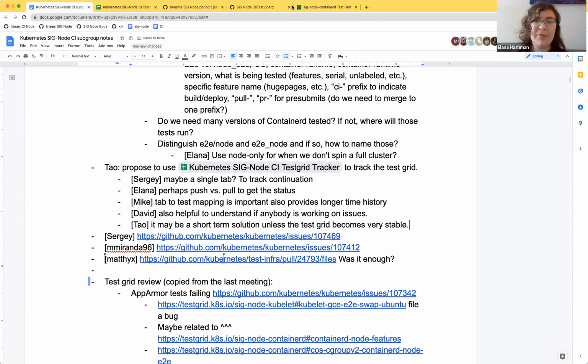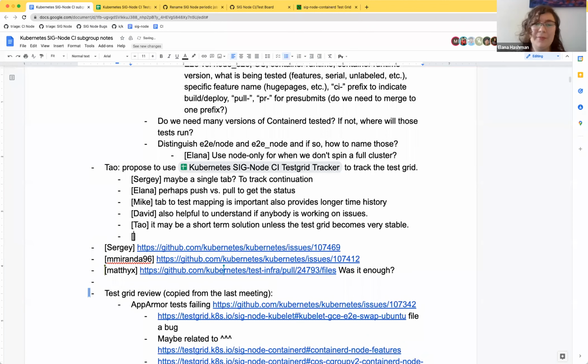It certainly is. The only thing I would recommend here is maybe engage a little bit with SIG Testing on this rather than just setting out in our own direction. Is there a way to configure test grid so that it creates issues whenever it detects failures or flakes? That would also be a very good tool.